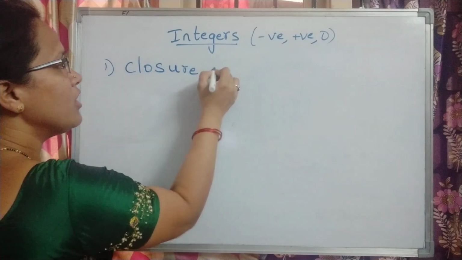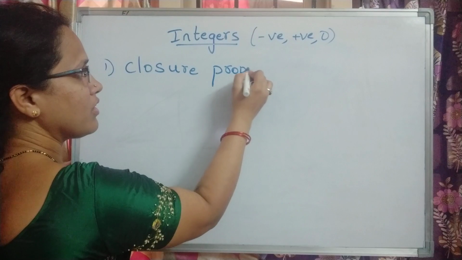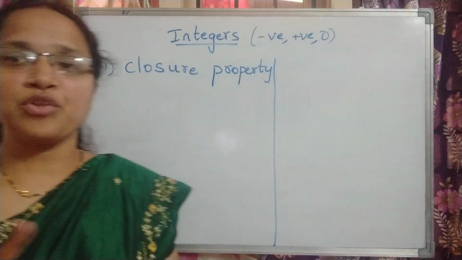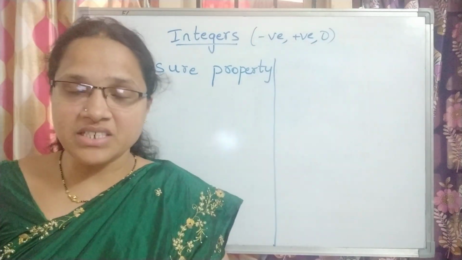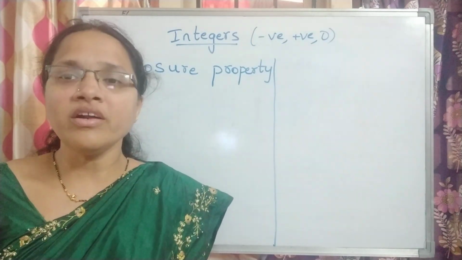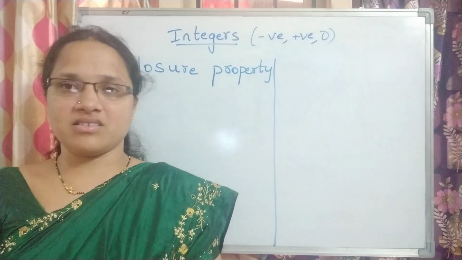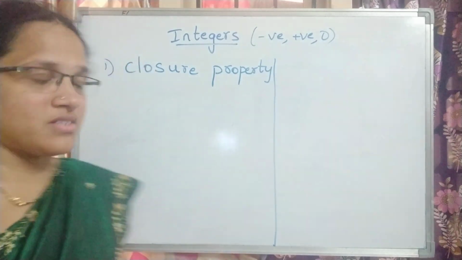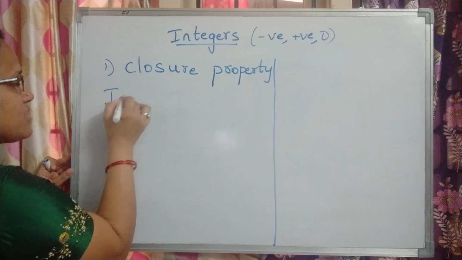The first and foremost property is the closure property. What is it called? Closure property. First, let me tell you what this closure property tells us. This closure property tells us that if there are 2 integers,